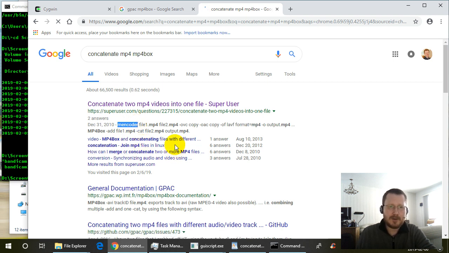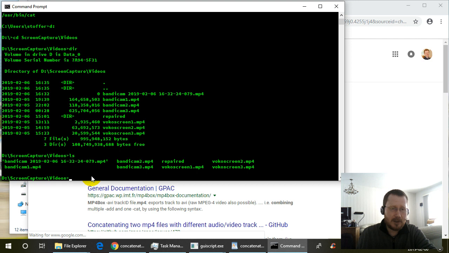They both are used to convert video files, but they have multiple capabilities. But you can see that the mencoder command is a lot more complicated, which of course it could be that the second step that I'm going to demonstrate is not going to be needed if you use mencoder or ffmpeg. So maybe I'm missing out. So I'm going to type mp4box. I believe I can skip typing the exe part of it, and then I type -add and select the first file, vocoscreen1,